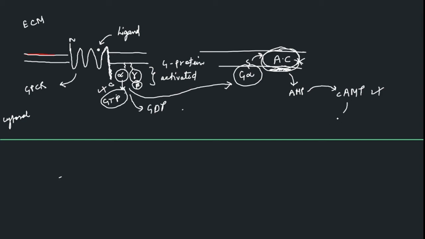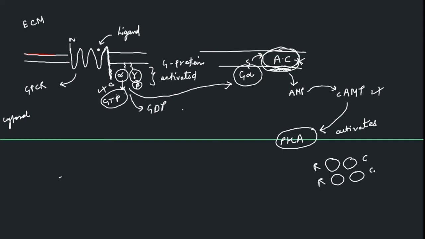And what is its function? Its function is to activate the PKA molecule, right? PKA activation. How is PKA activated? We have seen that PKA is a tetrameric molecule. It is having 2 regulatory subunits and 2 catalytic subunits. Cyclic AMP will bind to the regulatory subunits and the catalytic subunits get activated,